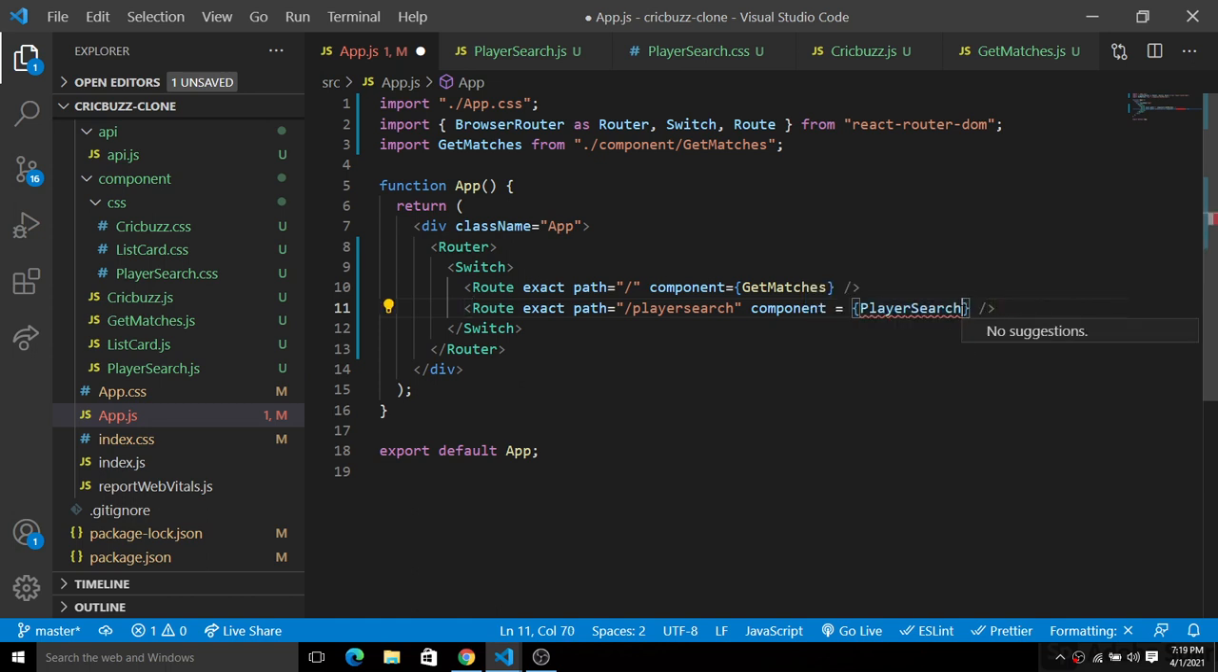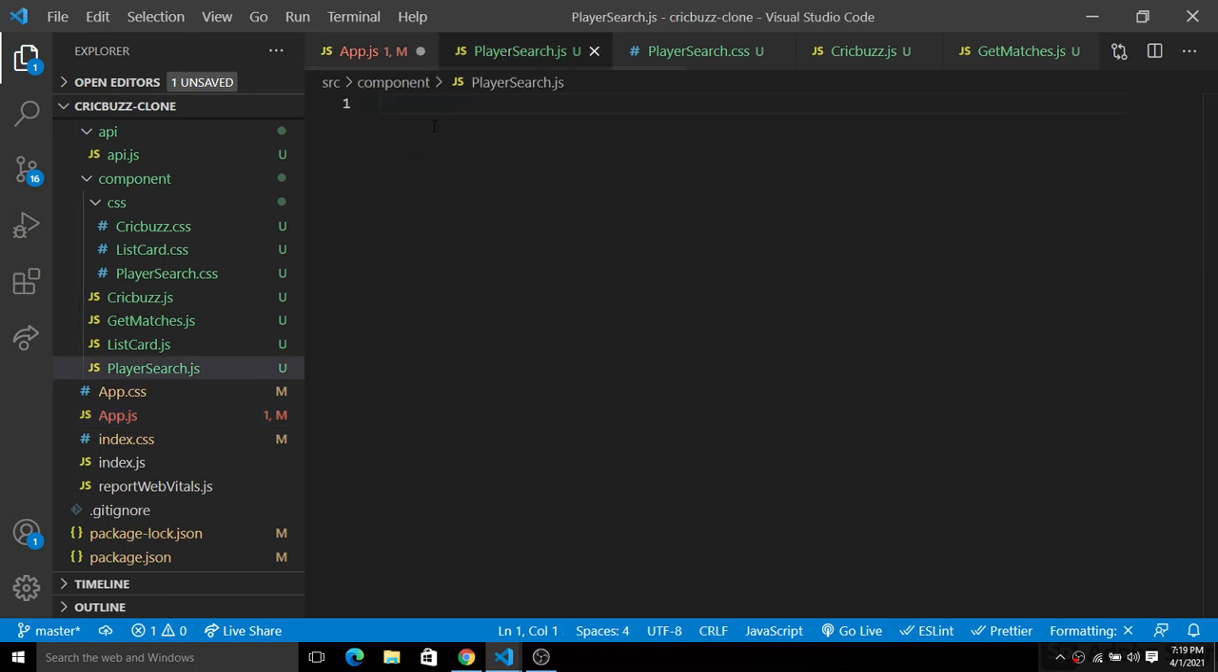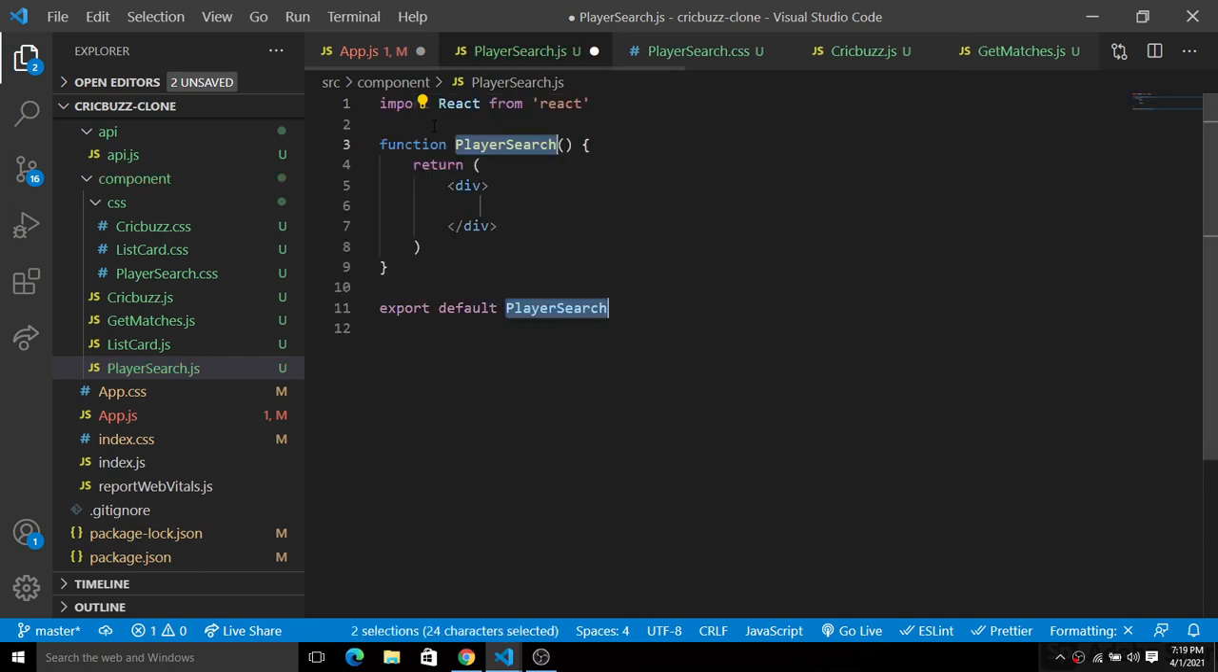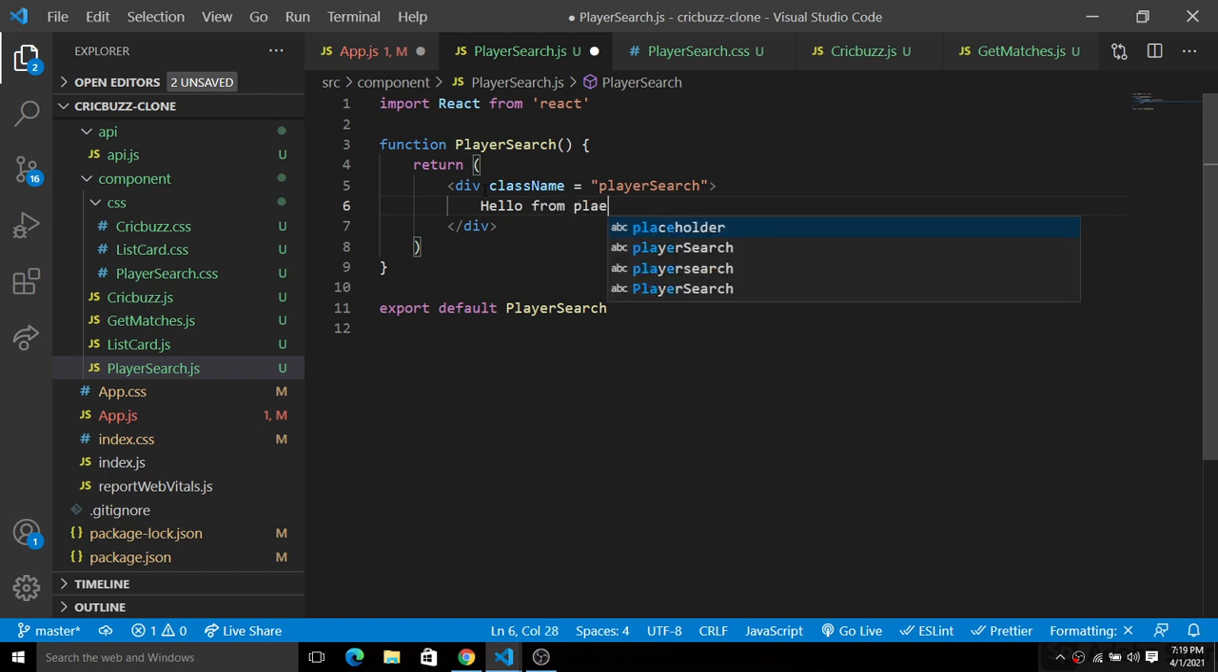So I will simply search for the player. Okay, let's go. We have this PlayerSearch.js. Here we will simply generate a functional component using the snippets here, rfce, and here we have this PlayerSearch, and here we will simply give a class name here, a BEM convention class name. Thus we give a class name of player-search, and here I'm going to add, for testing purpose, hello from player search